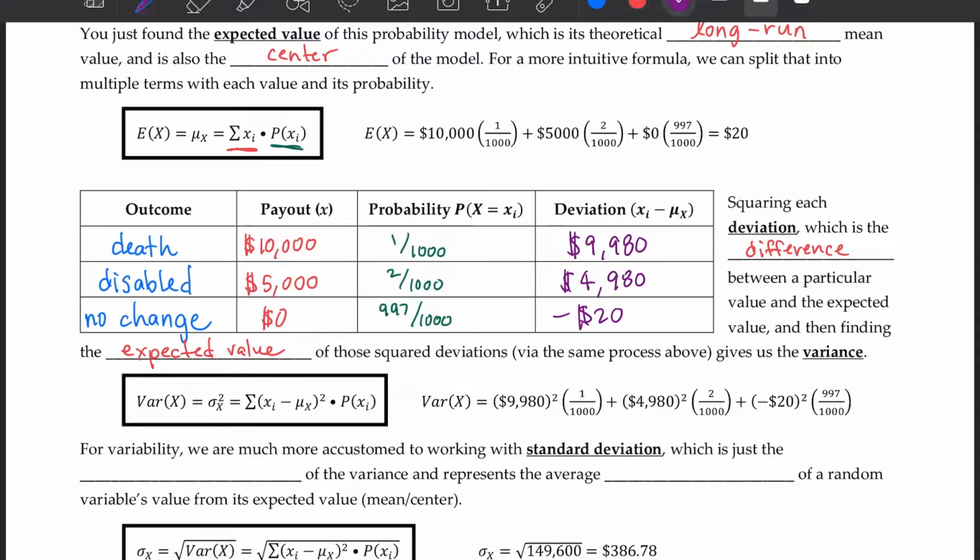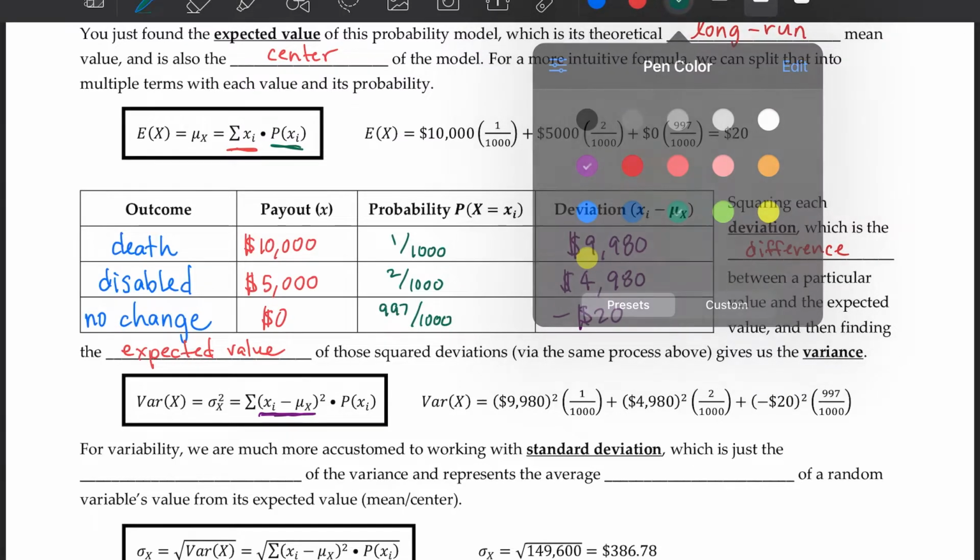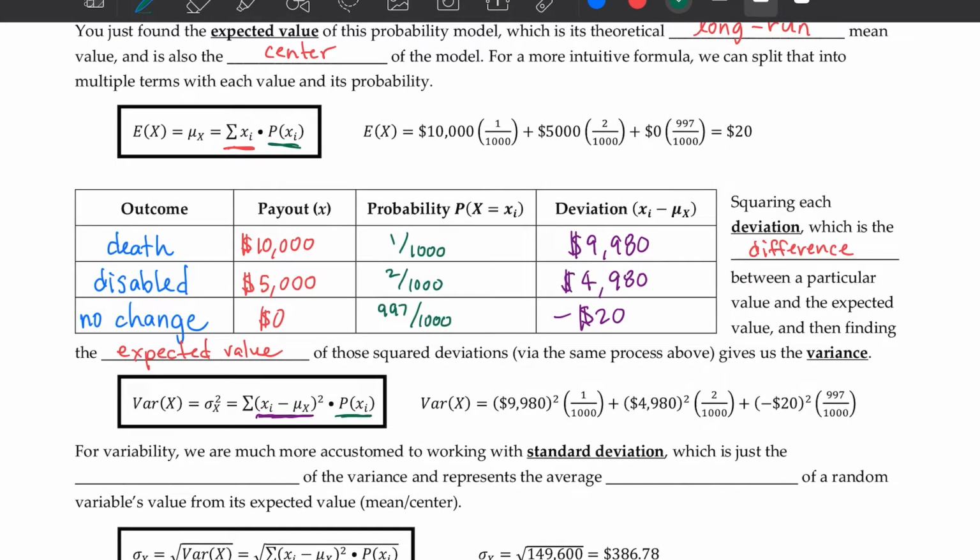So you can see I've already put the formula here for us. So right here is our deviation from the purple column there. Meanwhile, the probability is still our green column there. So we're going to square those deviations, multiply by the probability. We're doing that 3 times because there's 3 outcomes. Sum it all up, and we get, this particular variance is, I'm going to write it over here,